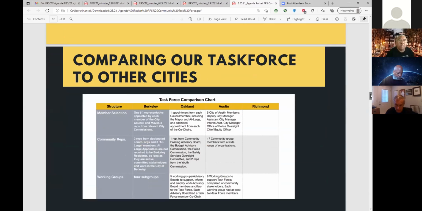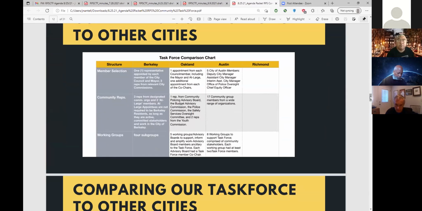And as the discussion around extension of the task force has come up, and even implementation and creation of the various programs, different subcommittees have looked at other cities and other models. Just for a little guidance and reference, what we have here, and we can send this out later, is a comparison between Berkeley, Oakland, Austin, Texas, and then the Richmond task force is left for us to fill in. We can see, in terms of member selection, community representatives, and working group styles, there's a comparison there. For the sake of time, if we can go to the next one,